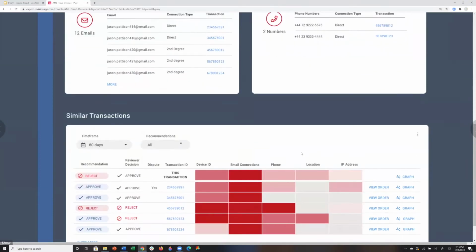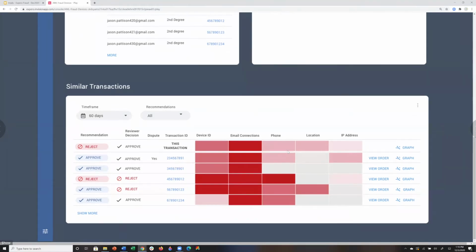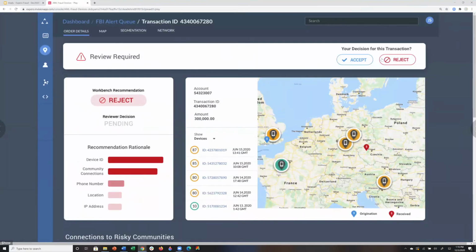And then the final thing is more of a heat map, which says, human, by the way, I now see that there are other transactions that are similar to this that are connected. Some of them perhaps were approved, or perhaps they should not have been, and they are connected in these ways here. So now what I see is a very strong case for why the human perhaps should find this as fraud.